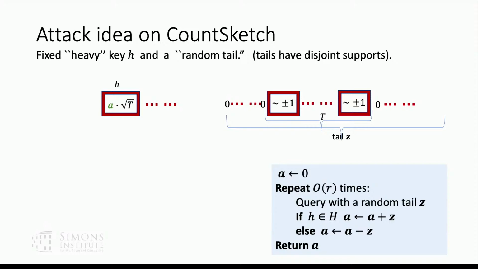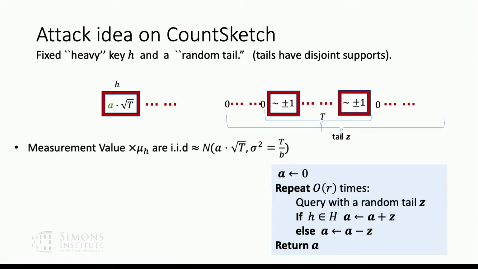You issue queries with different random tails and the same heavy key, but you draw the weight of the key from some distribution. If the algorithm tells you it's heavy, you add this noise vector positively. If it tells you it's not heavy, you subtract it. And then after a quadratic number of queries,